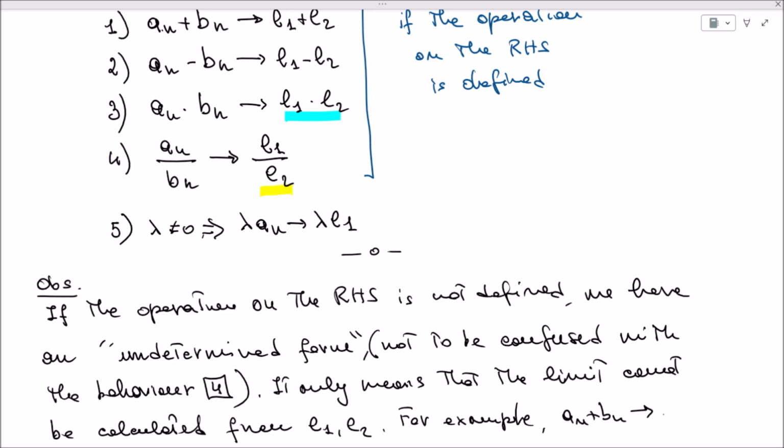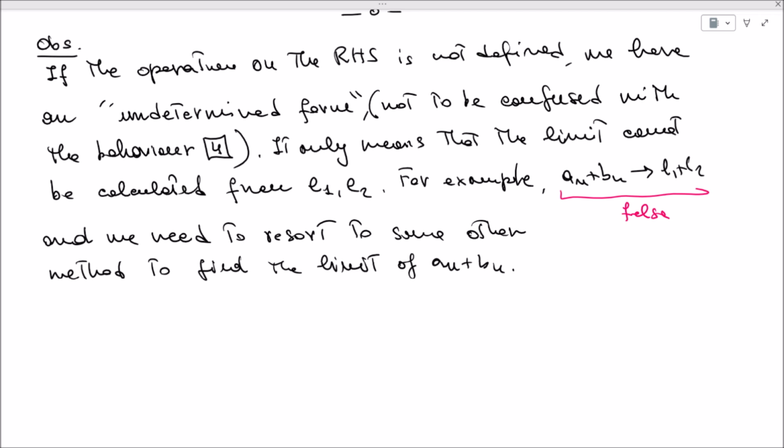To find the limit of an plus bn. To give an example of this,